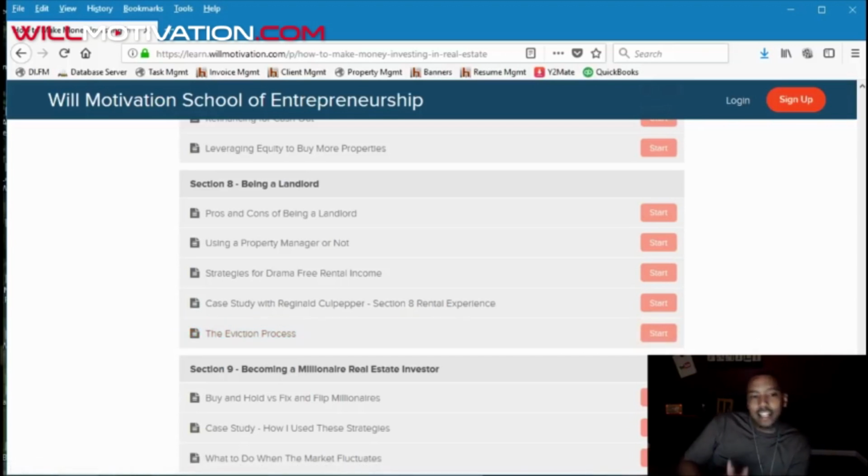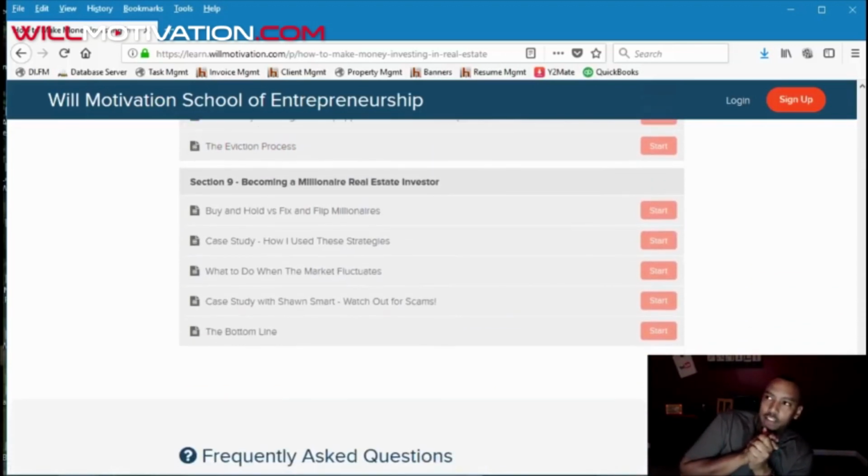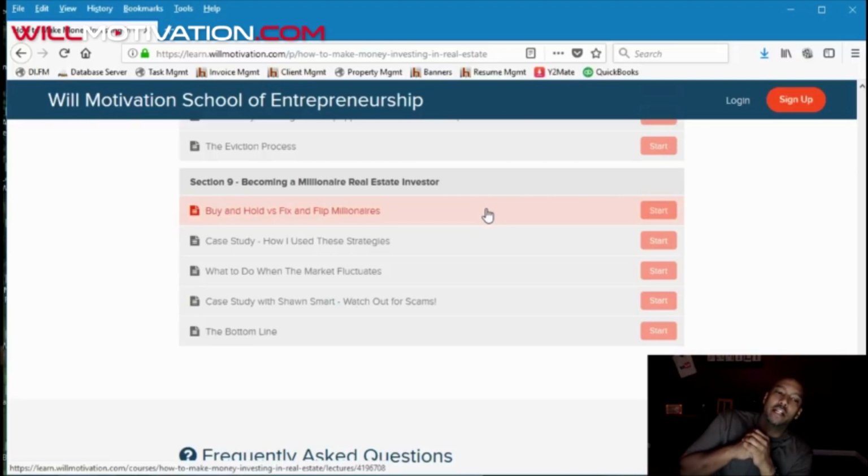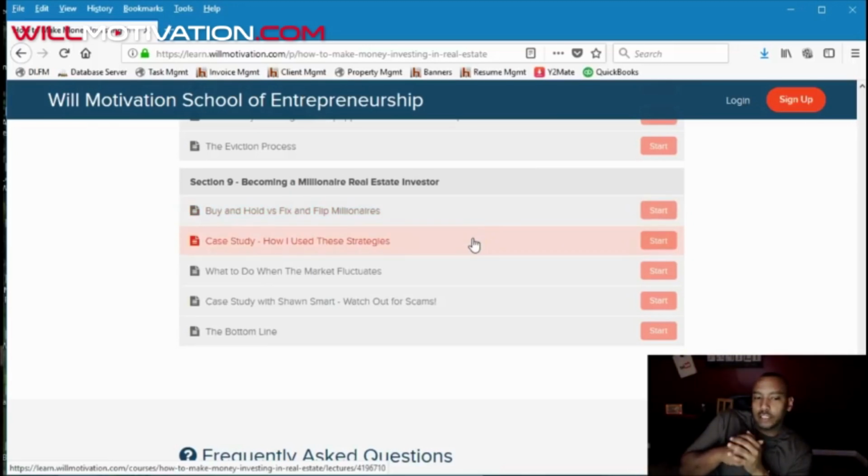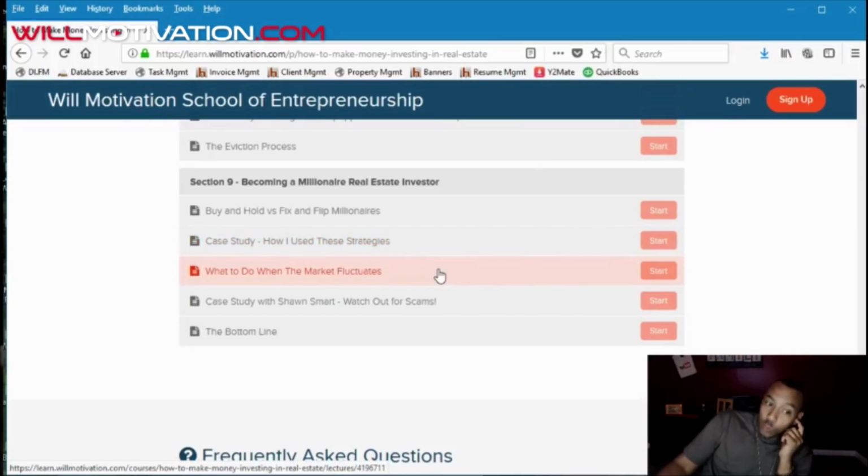Then Section 9 is becoming a millionaire real estate investor, just basically putting everything together, talking about the buy and hold scenario for becoming a millionaire versus the fix and flip scenario for becoming a millionaire. Also, I'll do a case study on myself and how I use these strategies to become a millionaire real estate investor. Also, what to do when the market fluctuates, and then a case study with one of my friends, Sean Smart, who actually